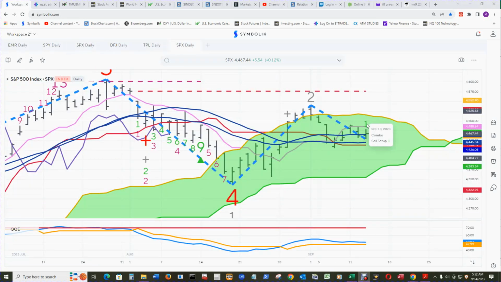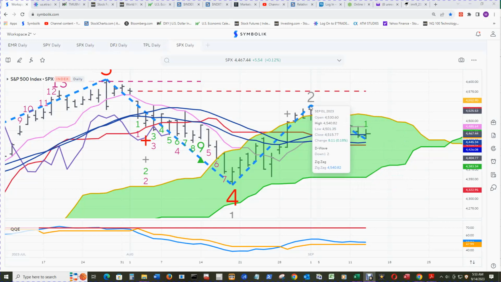And there was the price flip to the sell setup 1 count, negating the buy setup count 5 from this bar here, so that's a good sign. But to go back the other way for end of day today, if there's a close below 4457.49, we'll get the price flip back to the buy setup count 1. And the zigzag pattern is still strongly to the downside after its swing point here at the D wave, down wave 2. So that is a bit concerning.